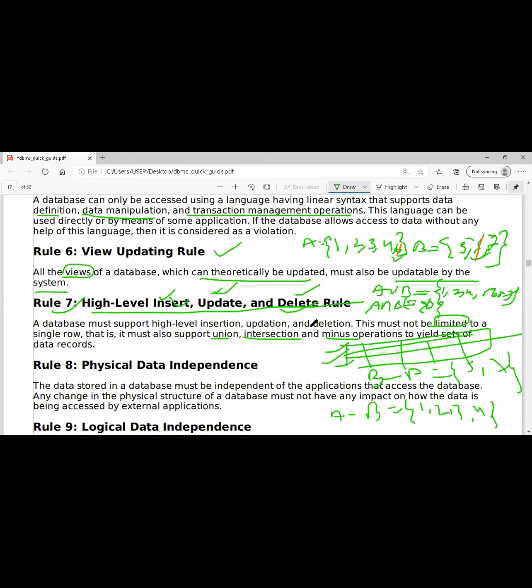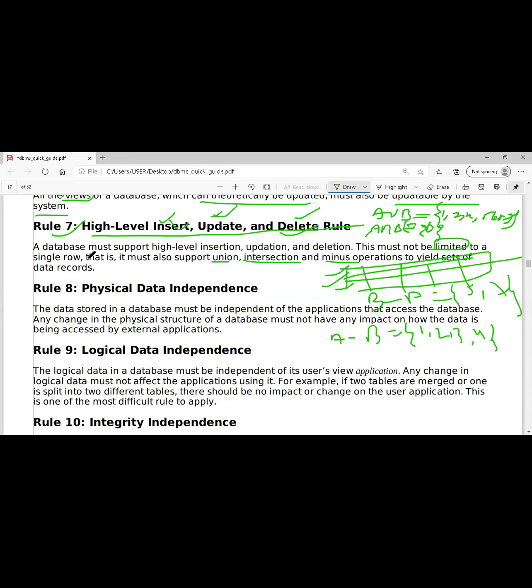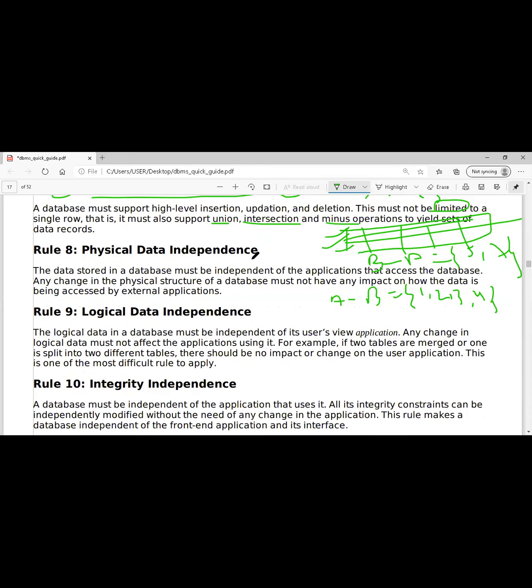Okay, now coming to the physical data independence. When I'm talking about that, we have different kinds of data independence. One is physical and another is logical. Now when I'm saying physical, we are storing the data. When we are storing the data in the database, it should be independent. It should not be like I can go with only one operating system. See, I'm using Microsoft. I'm not flexible with only Microsoft.